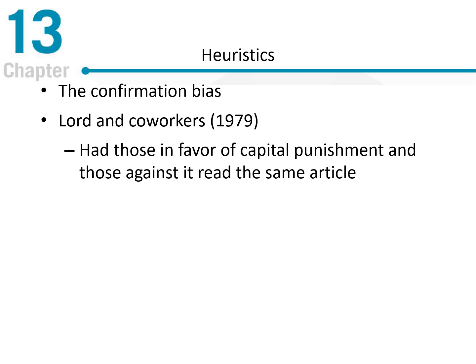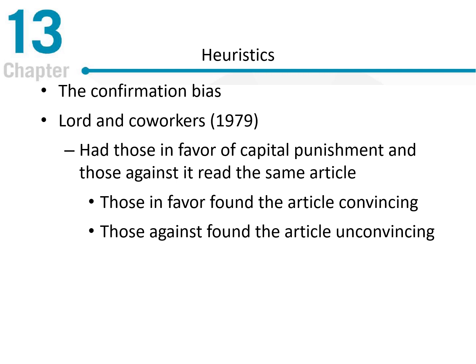And here we're looking at an experiment that was taking a look at the confirmation bias. This was done in 1979, and they had participants read an article regarding capital punishment, and they recruited participants that either were in favor of capital punishment or were against capital punishment, and they were asked to read the exact same article. And those in favor of capital punishment found the article to be convincing,